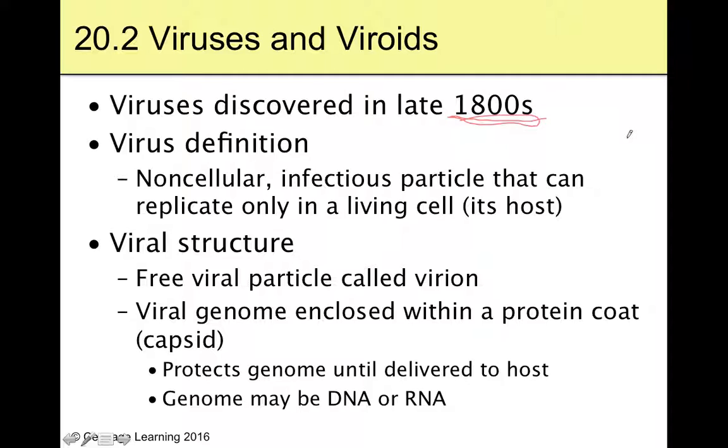And basically, this researcher was able to get the leaves from tobacco mosaic, diseased leaves, and strained them through a filter that was so small it would catch bacteria. And all he got was the liquid. And when he applied the liquid to leaves, it still made them infected. And so he knew it was something smaller than a bacterium that was making the leaves sick, but he didn't know what it was because our microscopes were not anywhere near being able to take pictures of viruses. And so he just assumed that the liquid was something the bacteria made, which is pretty logical. And he named the virus, the liquid, basically.